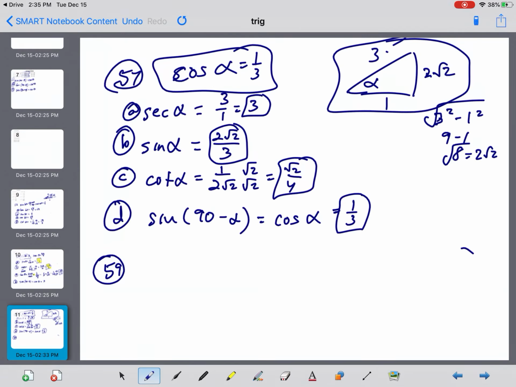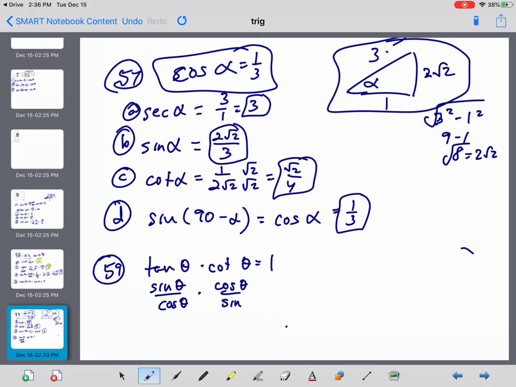All right, 59, 61, 63. It says use the trig identities to transform one side of the equation into the other. So number 59 says tan theta times cotangent theta is equal to 1. Well, tan is sine over cosine,